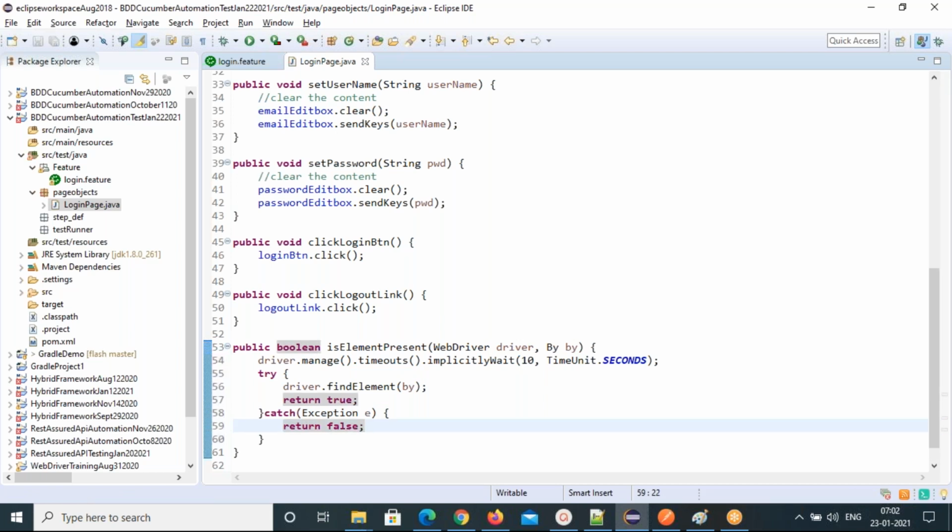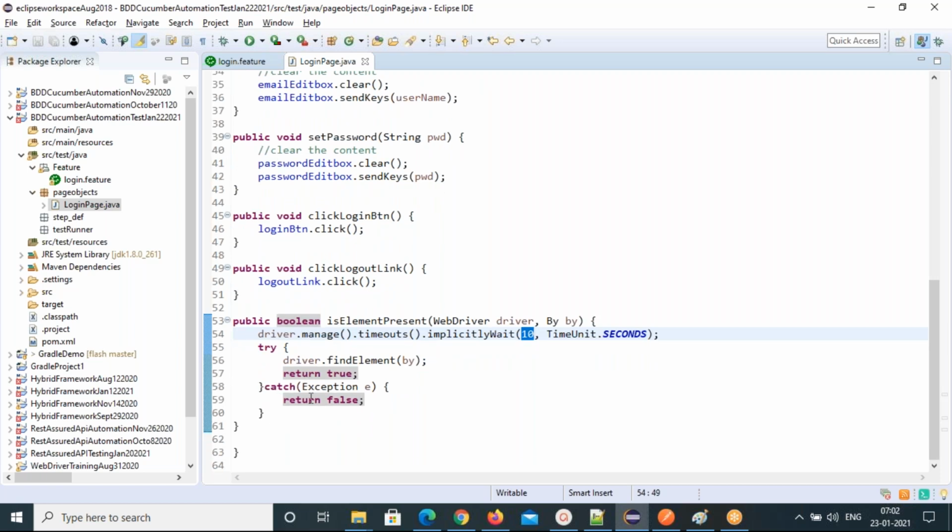This is the code we are going to write. It has to return either true or false. So that's what we are doing here.